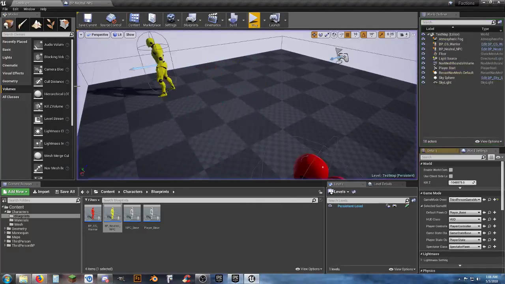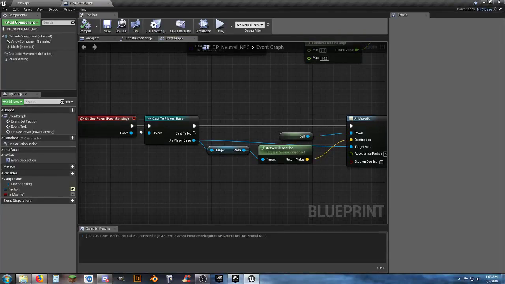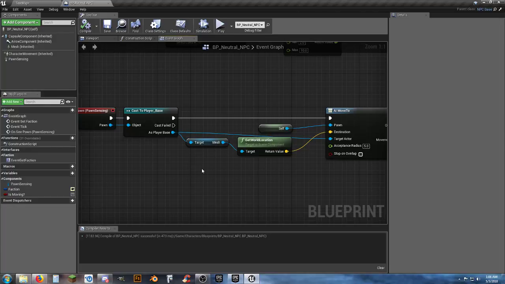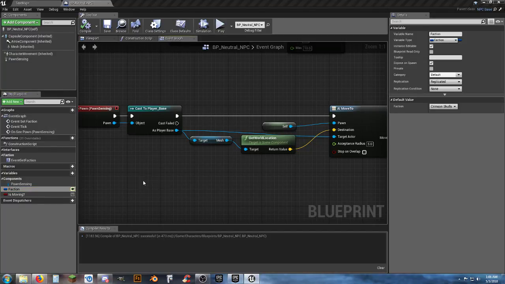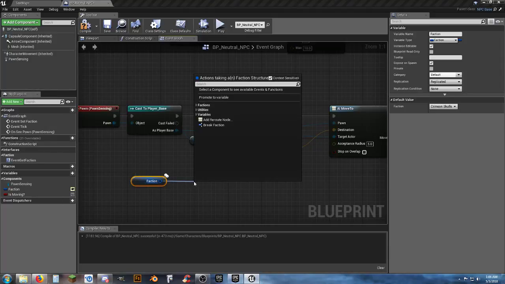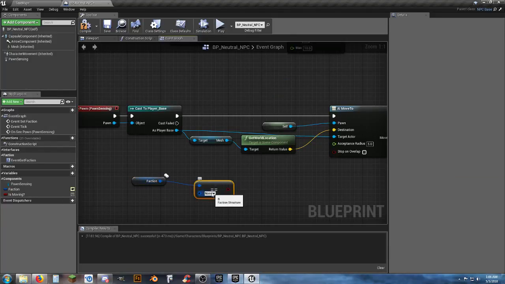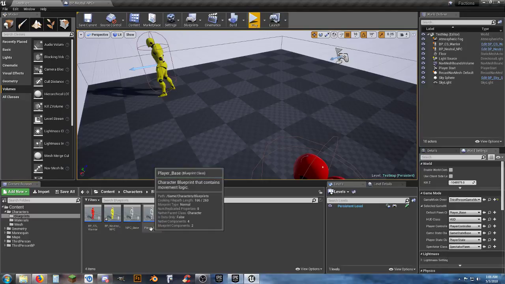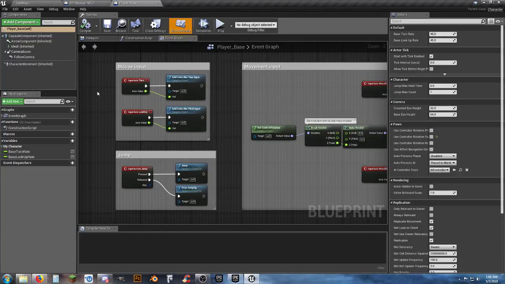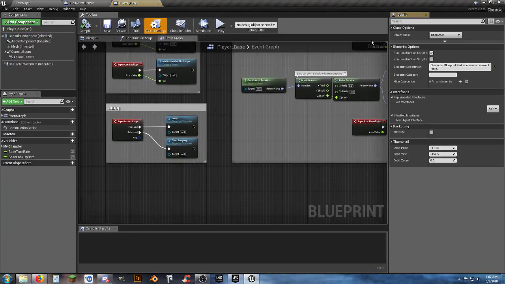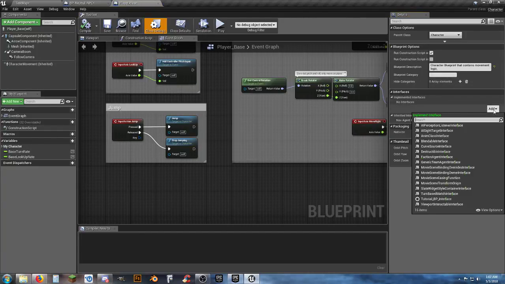So we can see if we can do that with our factions. Cast to player base. We know we need all that stuff right here, but get faction, and if faction equals None. Well, we don't have a faction for the player yet. Let's actually create a faction here. What we had to do was go to our class settings and add in the interface for faction